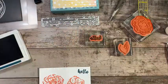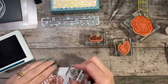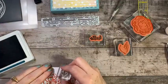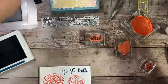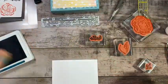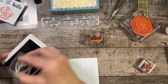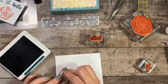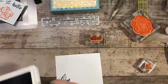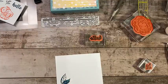Okay, so I've got that. And I need 2 of these smaller leaves. Okay. And then I also need a bigger leaf. This is the 2 leaf. Okay, so I've got that. And those are the pieces that we need for